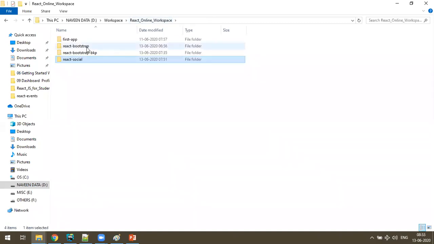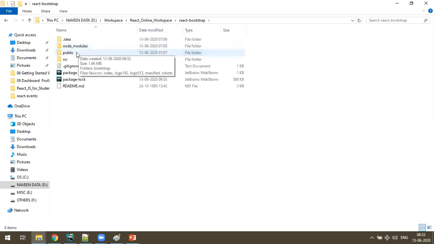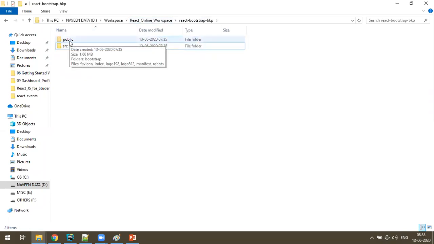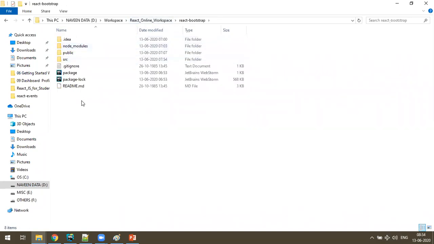Even for React Bootstrap, I'm only going to share these two. Except these two, everything else is the same and will be generated from React. That's the only thing you have to do.